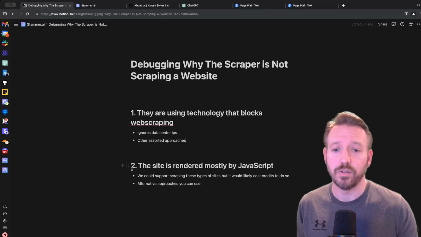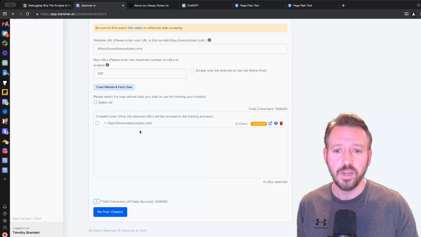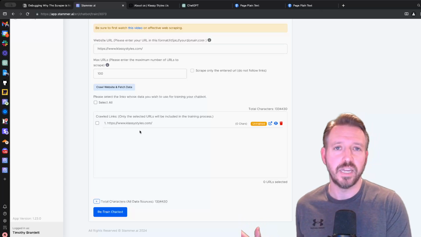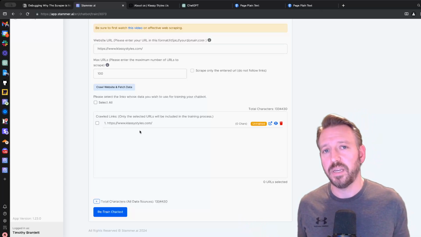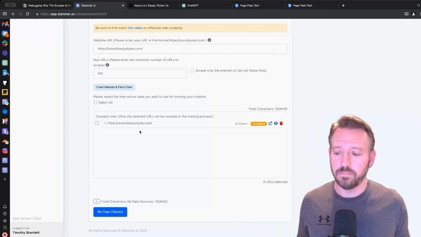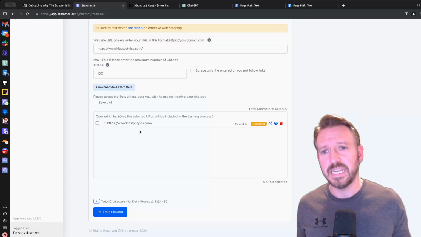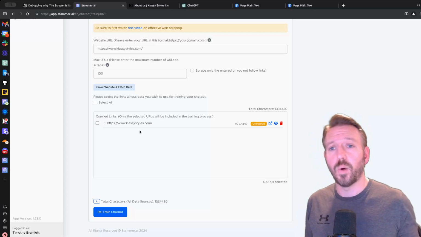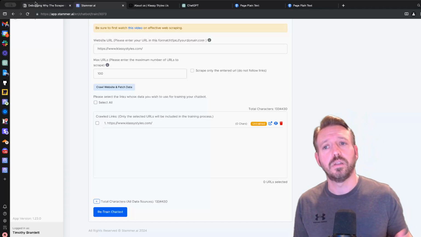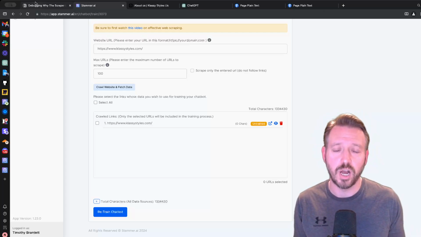But that is it. So those are the two situations here. If you attempt to scrape the website with Stammer and it doesn't pull anything, that's a good indication that the site is being blocked and there's not a lot we can do there. If this is a company's website that you are in contact with, you can perhaps ask them if they can remove that protection from a certain URL so that you can scrape and get the data that you need for them. Otherwise, it's probably the fact that the site is heavy on JavaScript, and so the scraper is not finding those additional URLs to visit because they're only rendered through JavaScript.